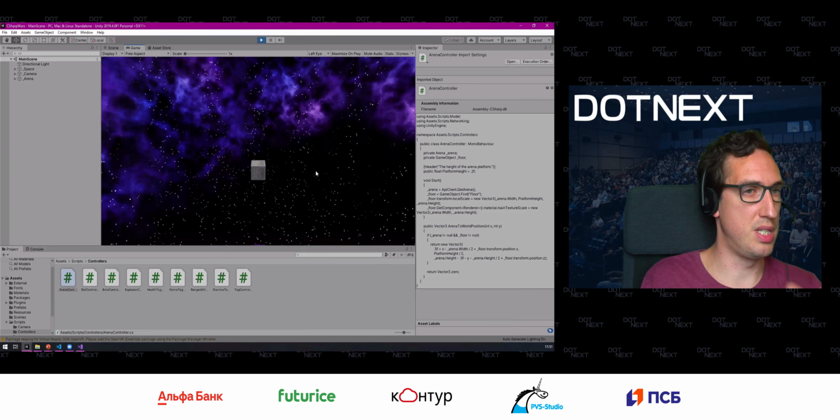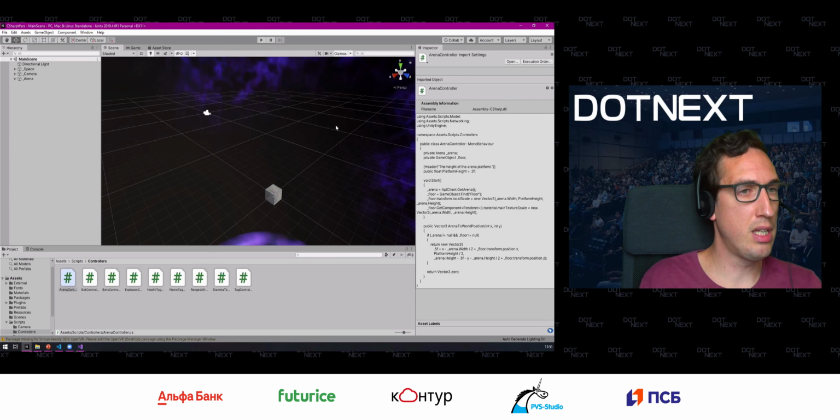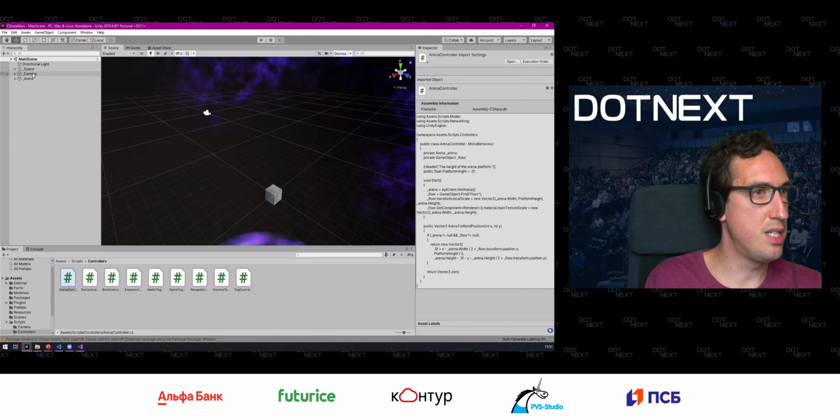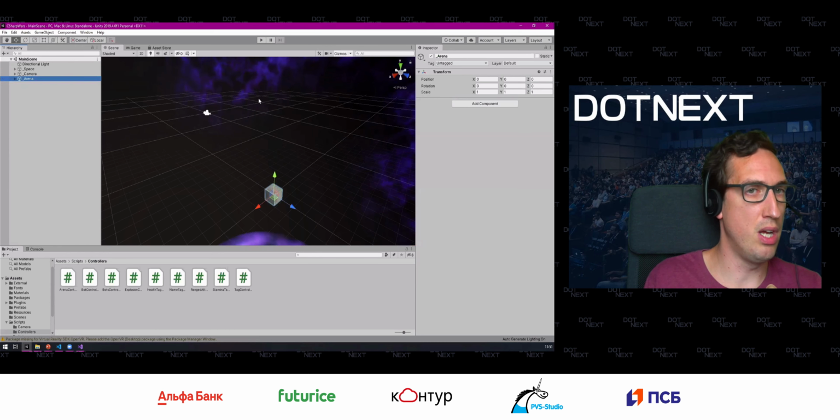It will start. You can see the cube is in the middle of the universe. The camera is pointed down on top of the cube, but the cube is not doing anything. In order to make this work, I need to link my script onto one of these game objects. So basically, I'm going to click the arena object, and in the properties window where you can see